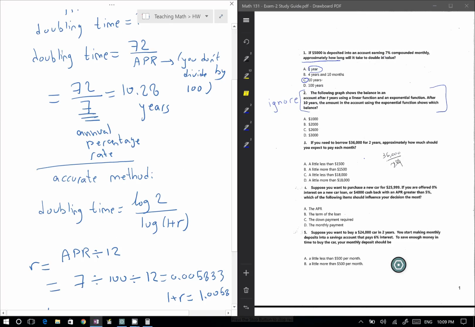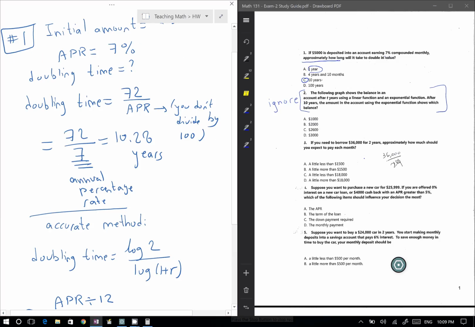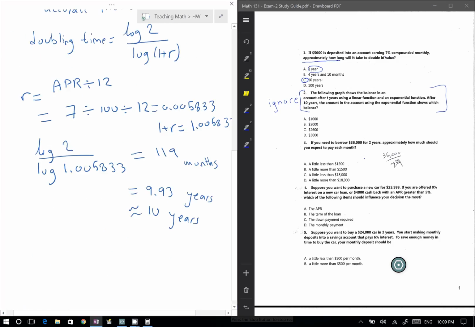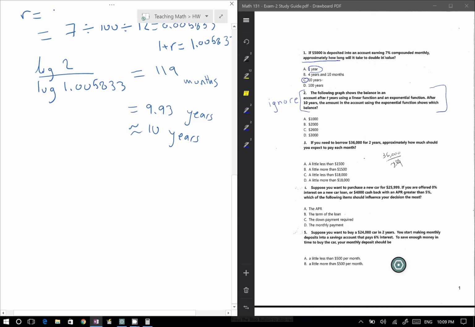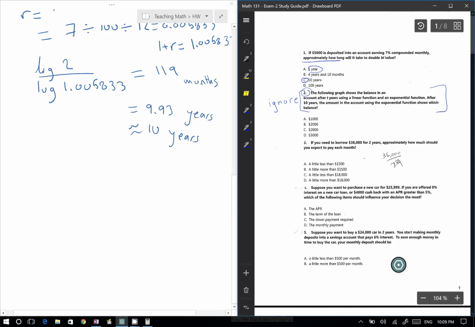So method 1 or method 2 gave me the same answer. Perfect. Ignore this question 2 because I don't have a graph for it. I don't know, it's probably a typo. We move to